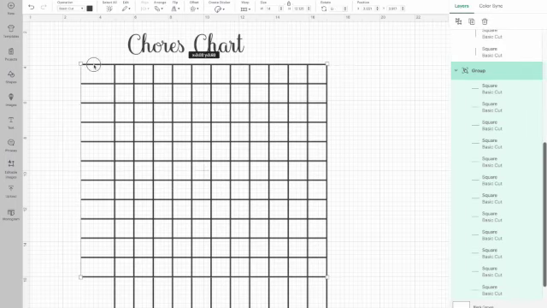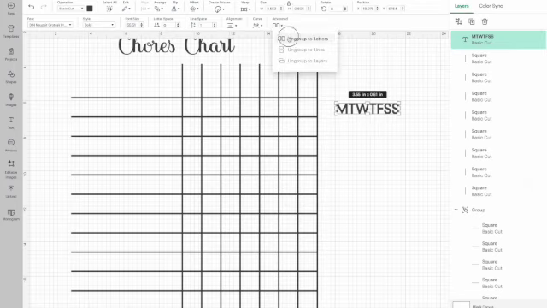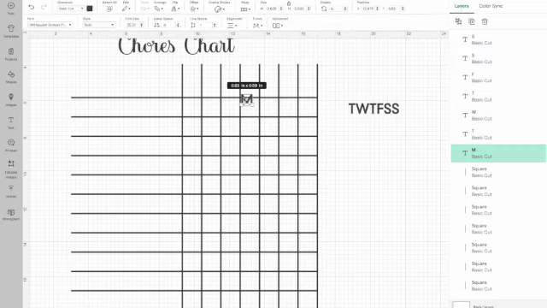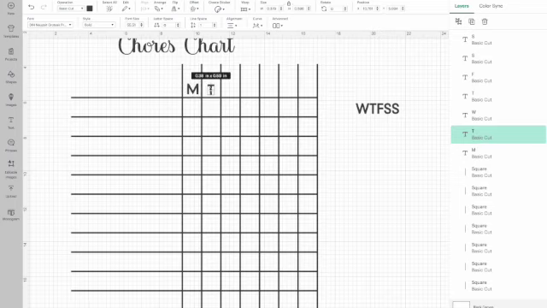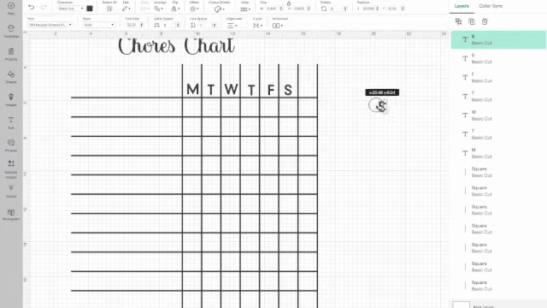And then we can also add names and dates. And with the same thing, if we ungroup the letters, we can also distribute those nice and evenly too. Now we just need to put Monday as our start point, and Sunday will be our end point. So we've just got to make sure they're in the correct place. And Saturday and Sunday, oops, come on Sunday. And so get our end point right,